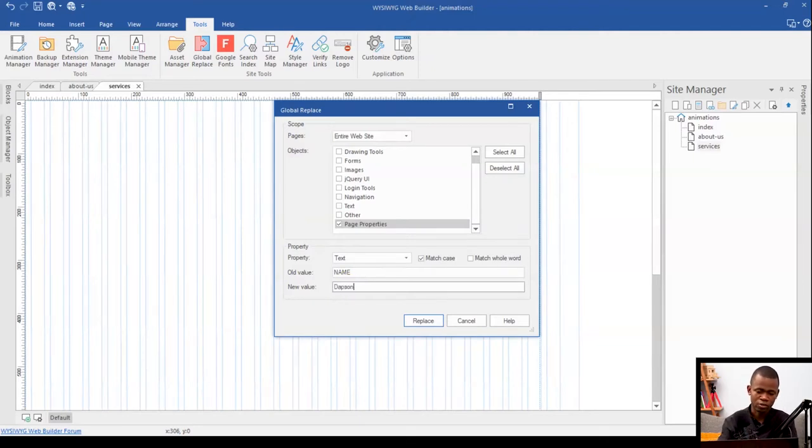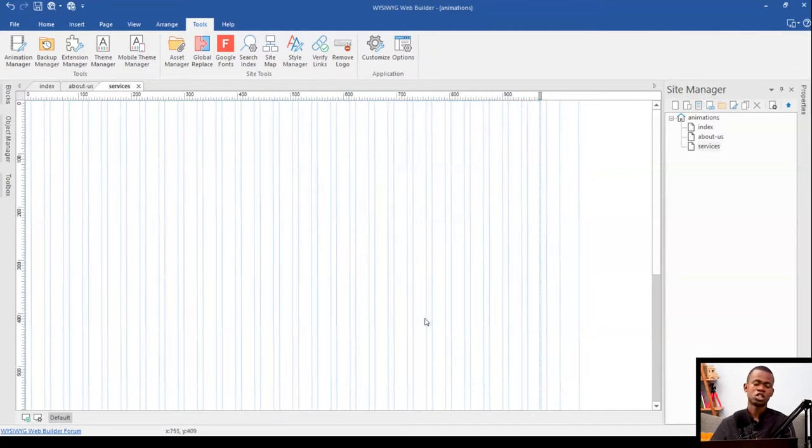So Dabson Ishmael. Once I'm done, I'm going to leave this on match case. That's fine, and that's going to match the entire case I have in there. As you can see, I have uppercase for all of them. Once I'm done, I'm going to hit replace, and this is going to change everything. Now, one thing I haven't really loved about using this tool is that it doesn't give you some kind of report on what it did, but as you can see, it's actually effective.